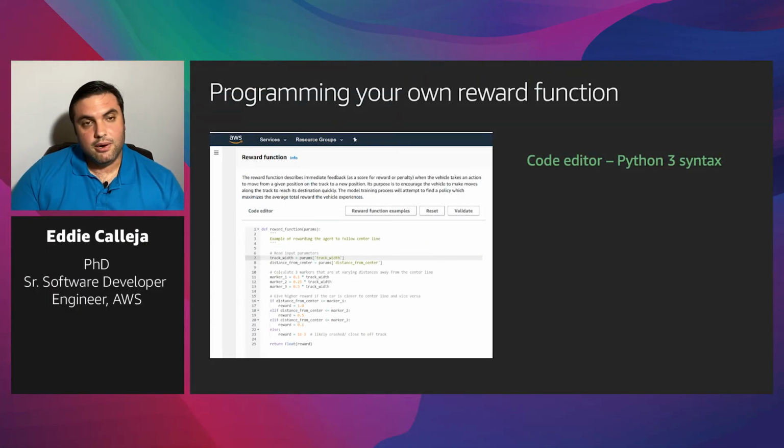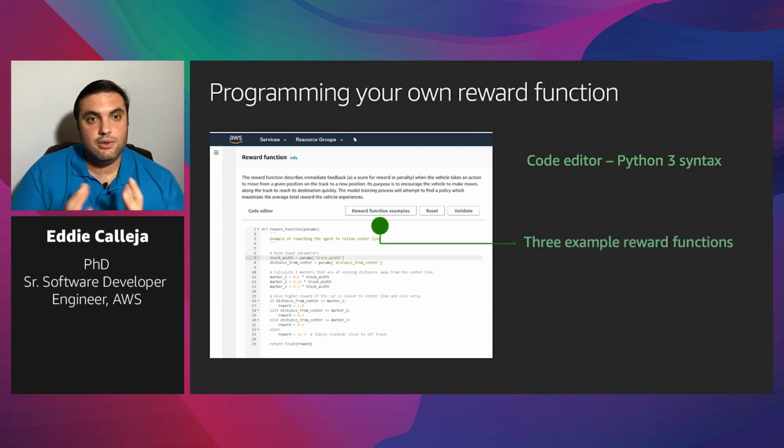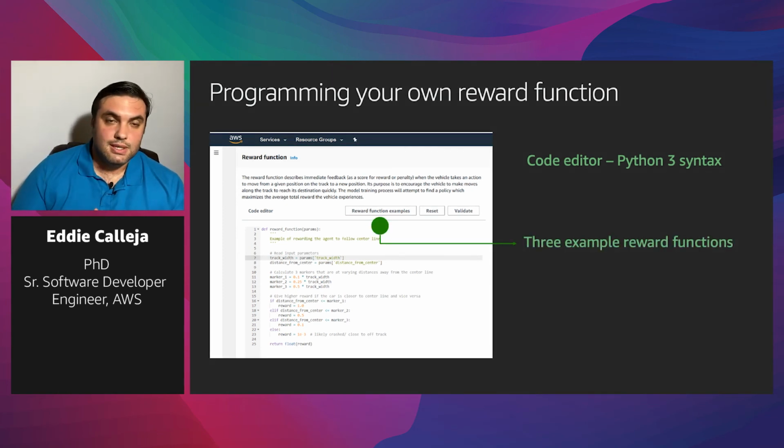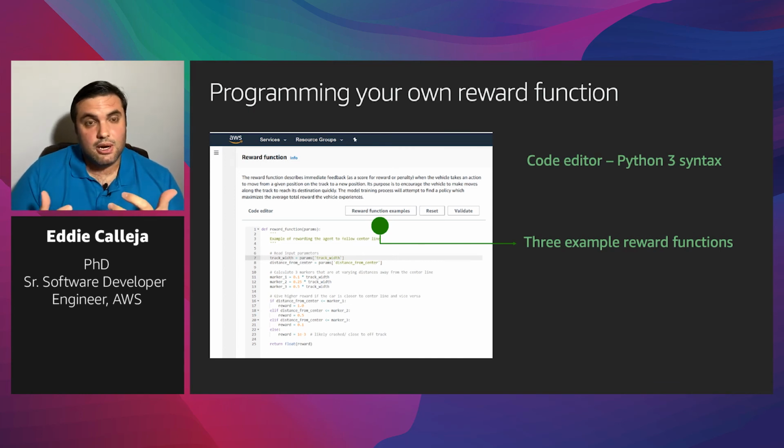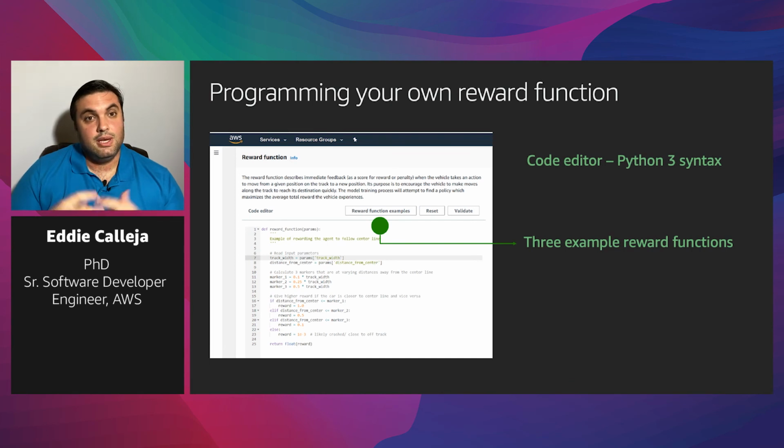But you're going to end up here at this very simple IDE that we've set up for you. So you can craft your reward function, determine what kind of behavior you want. You can start with one of our 3 example reward functions. Most people start with the center line reward function. And really, all we're doing in that reward function is incentivizing the car to stay near the center line. So we give it some penalty when it's far away. And I strongly urge you guys to hop on the AWS DeepRacer console and take a look at that reward function. It's a great place to start and gain more intuition into this.